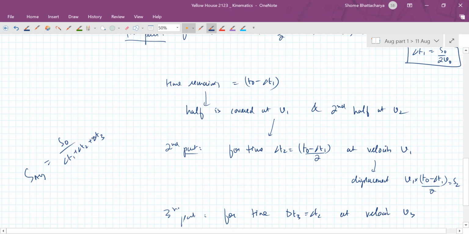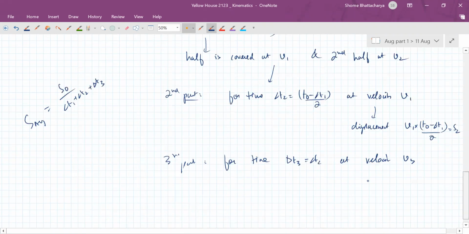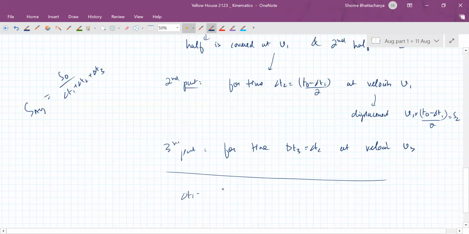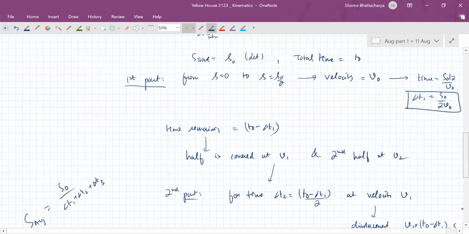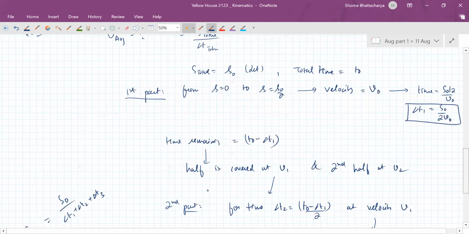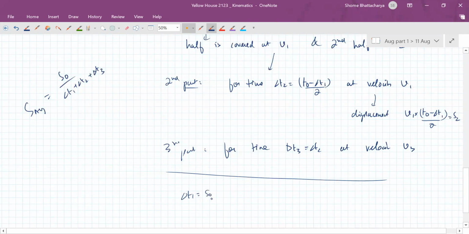You have to express it in such a way that we get the answers only in terms of V0, V1, and V2. You understanding? No? So delta T1 we have written as what? We have written it as S naught divided by 2V0. Okay. Now delta T2 similarly is,